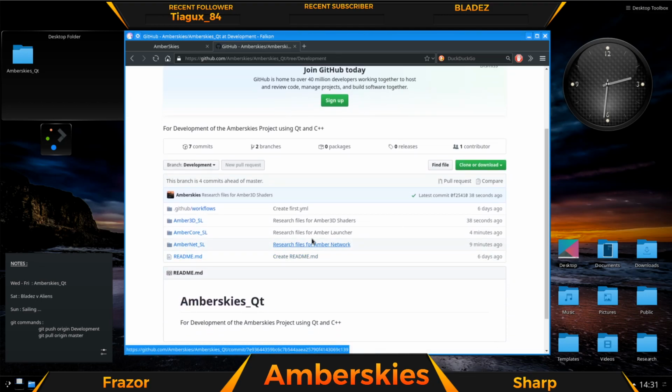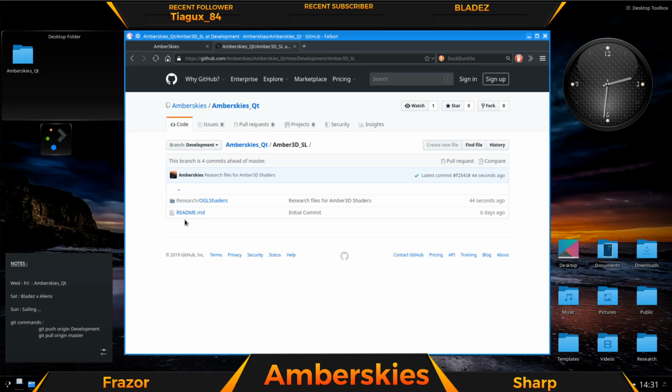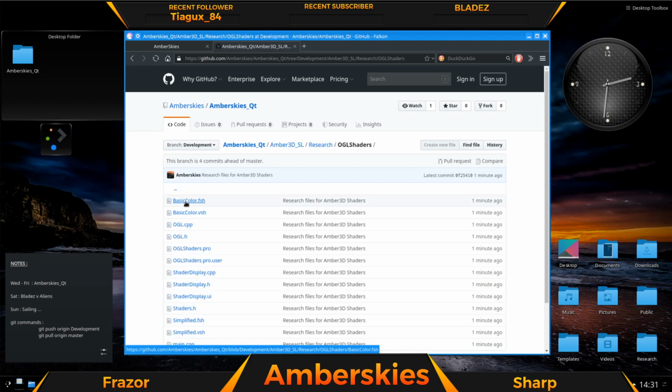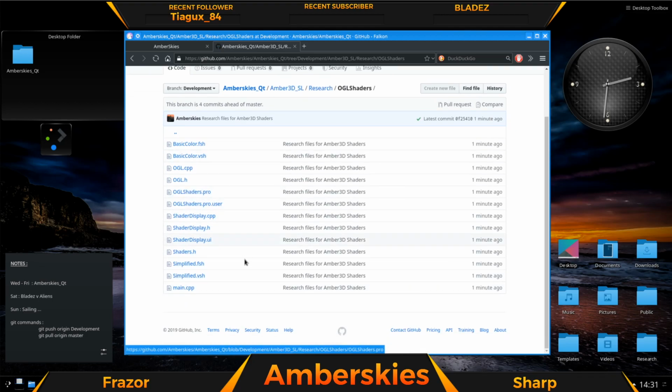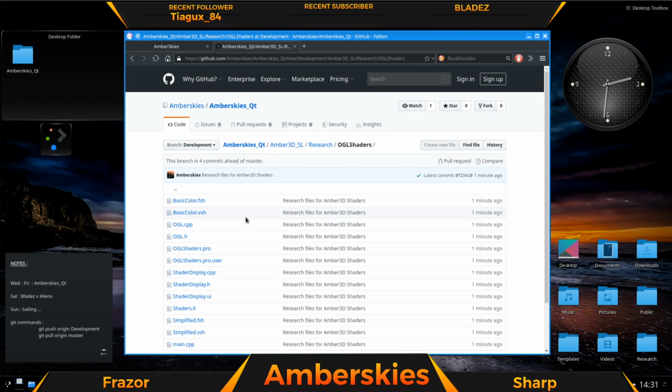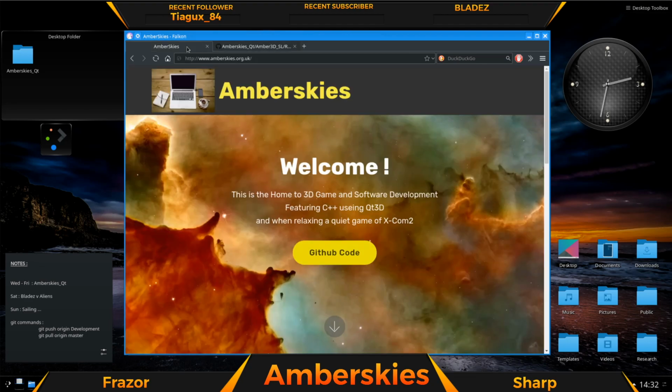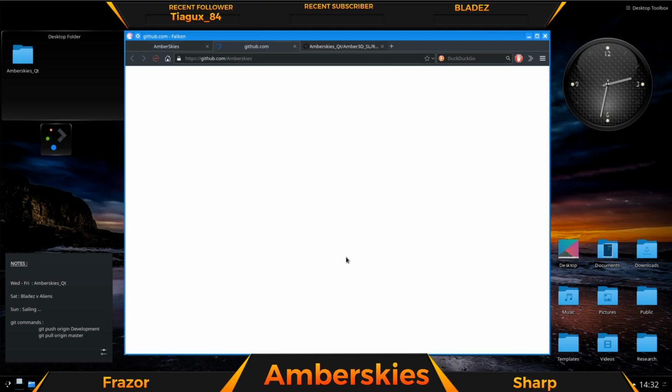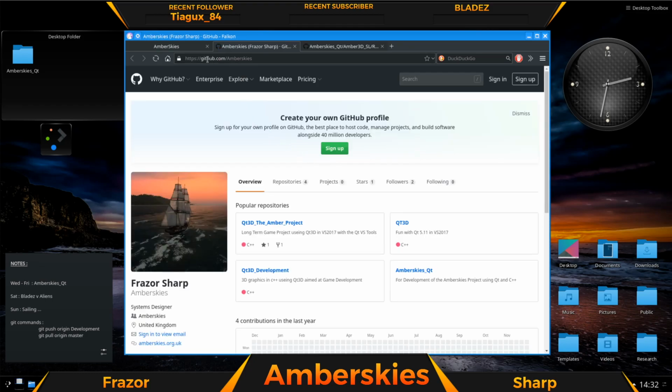Here we go. Research for the shaders, the launcher and the network, all up now on GitHub. Now I don't know if you can access this or not, because I can. Just by clicking on my Amberskies GitHub code. That's the way I go to GitHub. Or you could just type in whatever it says here,